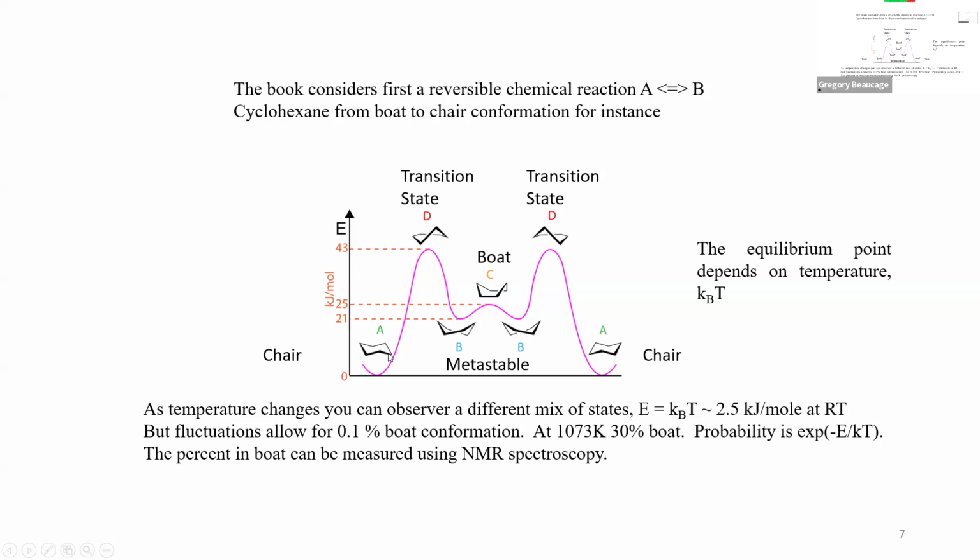Here it's got a higher energy than there. So if you plot temperature here, say room temperature, the energy in terms of kilojoules per mole would be 2.5. So you could plot 2.5 on this. These are the energies relative to the chair conformation. So 2.5 is a low number on this, so you get almost all chair. And if you raise the temperature to 1,000 Kelvin, then you end up with 30% boat. You get a split between these 2